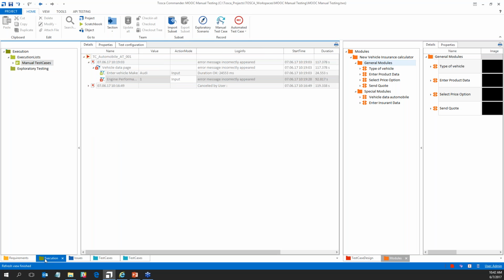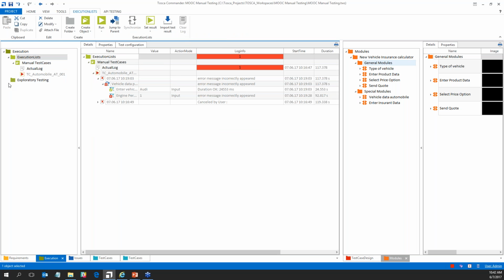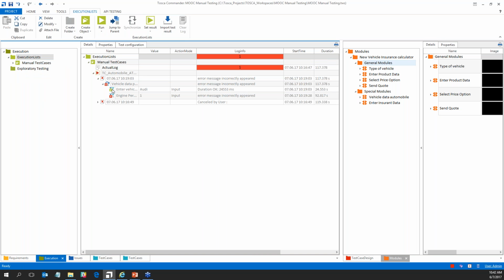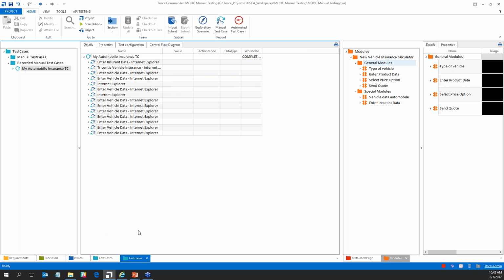And so you've got your ready-to-go manual test case. You've got the link to the requirement, and you should also have an execution entry that was created in the execution list section. Okay, so